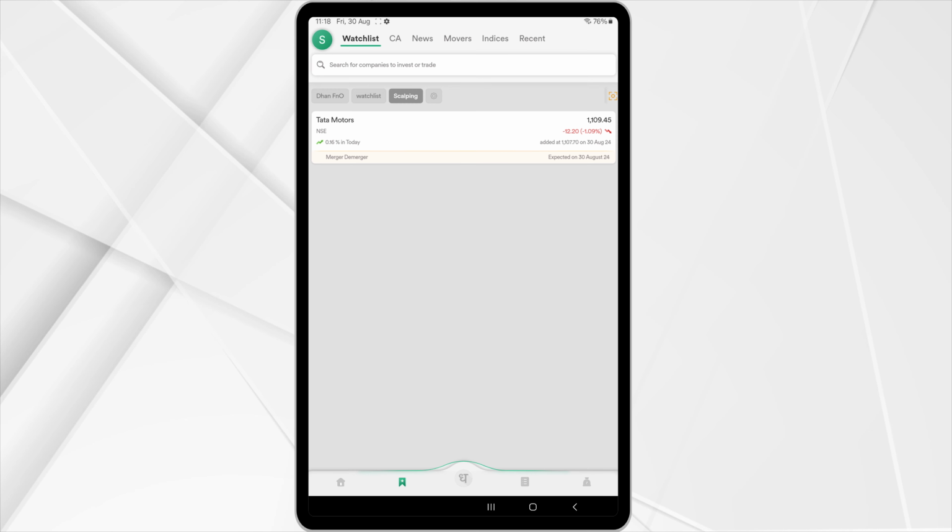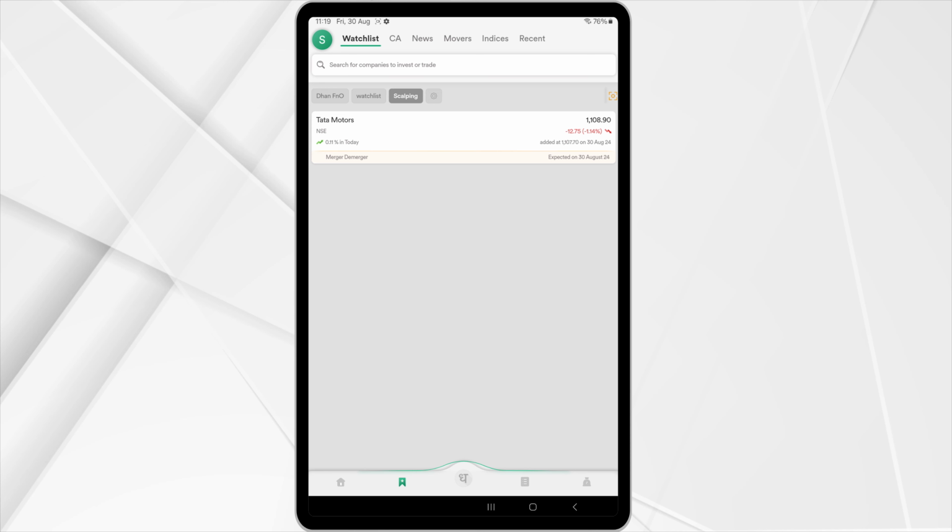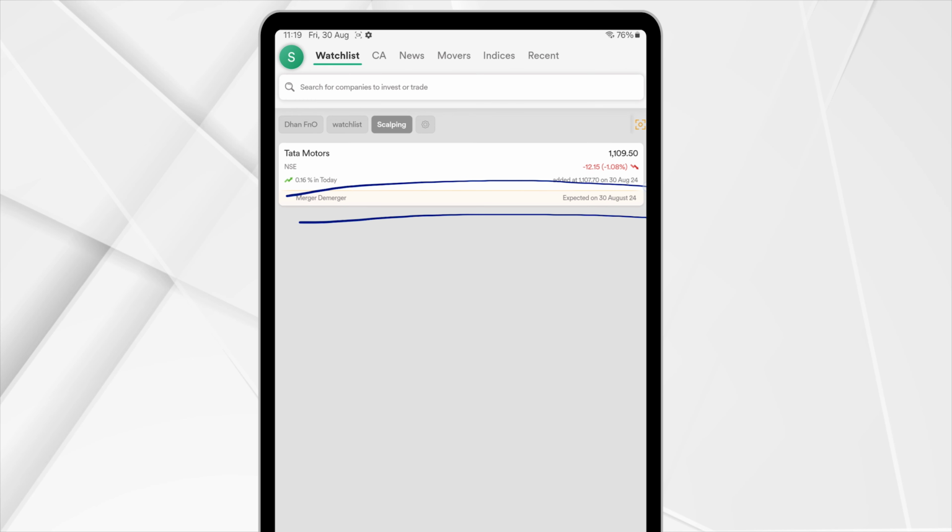Let's go back, and here you can see in scalping I have Tata Motors right here. You can see I have saved the NSE. It will show you profit and loss for today, the at the money price, and the profit and loss overall will also be shown right here. If any merger or demerger is coming, or any kind of event is coming, it will be shown in a small banner right here. So here you can see a demerger is coming up, and